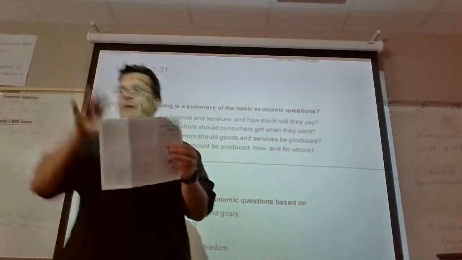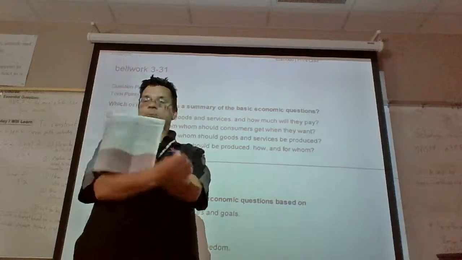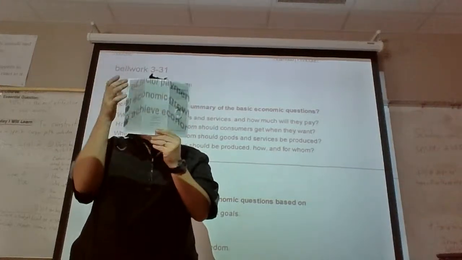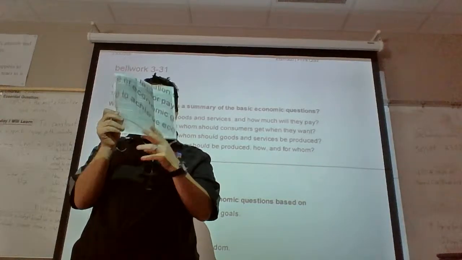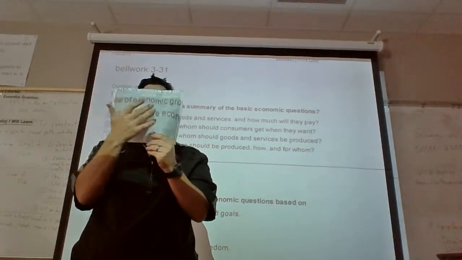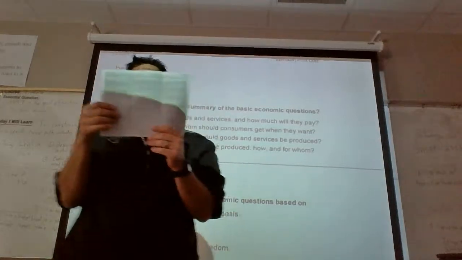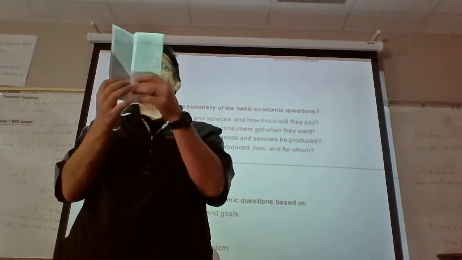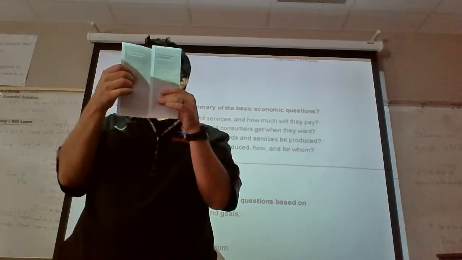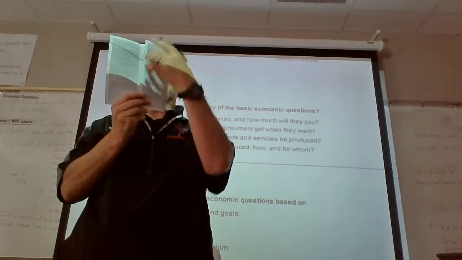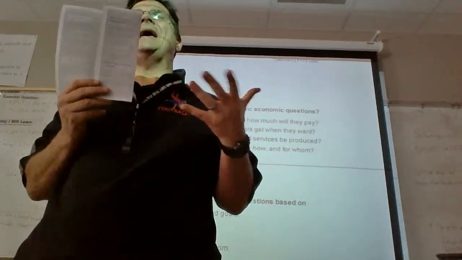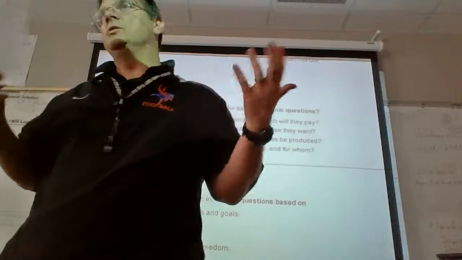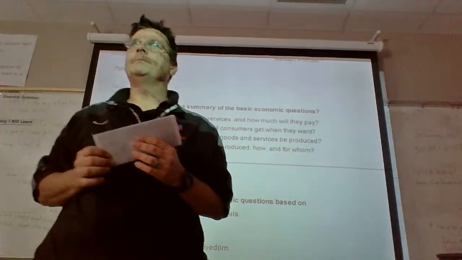Most of your templates are going to have a page like this and then a page underneath it. And you just have to know you're going to have front, back, middle, and then the other side is going to be panels B, C, and D. That's in the directions. But all you're doing today is that front cover and this insert right here. Front cover, 3 economic systems, jazz it up. The middle part is going to be the 3 economic questions. So you're doing letters A and E. If you get that done, you can start on B, C, and D, but we're going to cover that more tomorrow. Any questions?